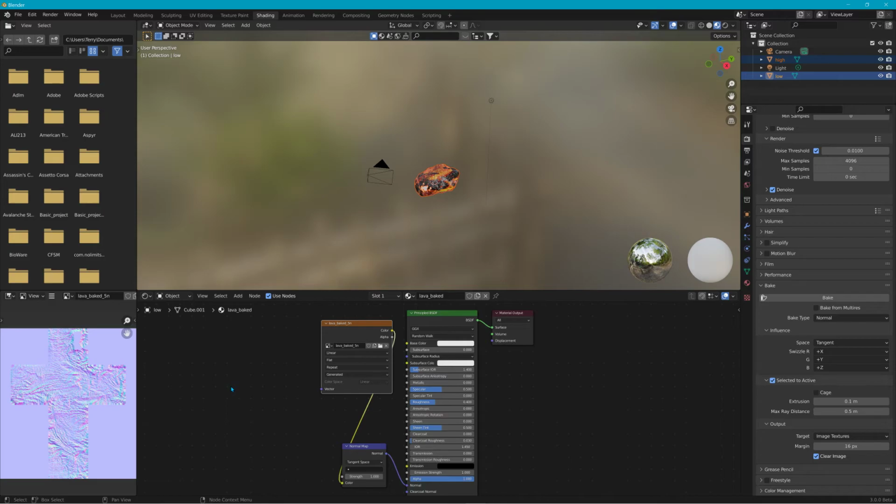I forgot normals are supposed to be baked with linear, not RGB. I had to start it over. That's why I stopped it. Now I gotta save this. Actually, before I save it,